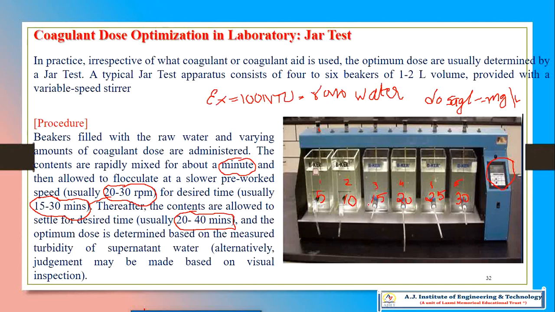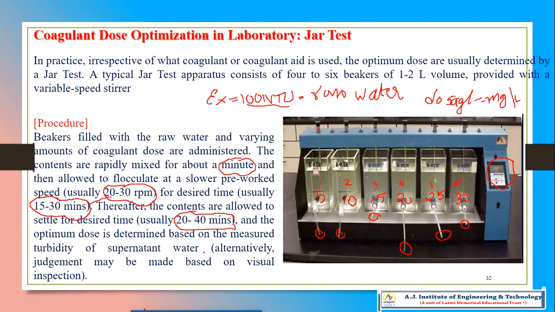So now after that, check the turbidity using the filter provided here. Here you can open it. This valve is provided here, and there is a valve for each beaker. Just check the turbidity. The initial turbidity was 100 NTU for all the tanks. Now check the turbidity using the turbidity instrument.